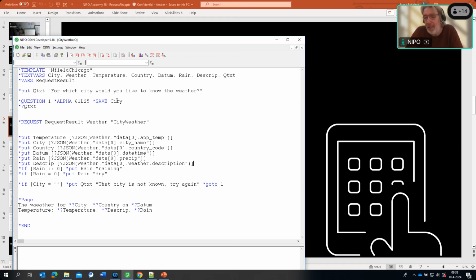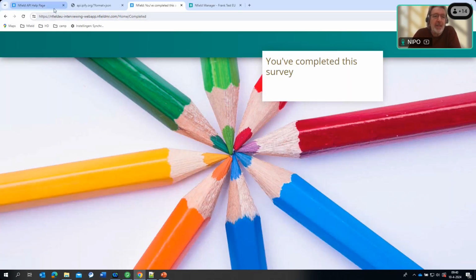For that, we need a list, preferably a list of all cities in the world, which is a bit much to have as a list in your Odin language. Luckily, there is an API for this. And that is the next API we'll take a look at, and the last API. So let's go to